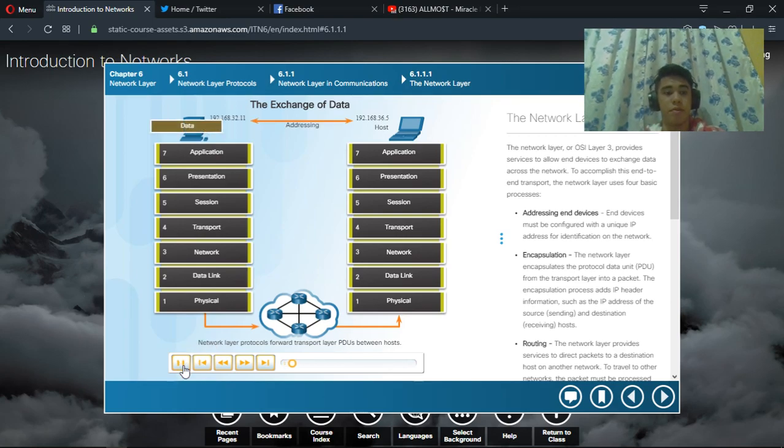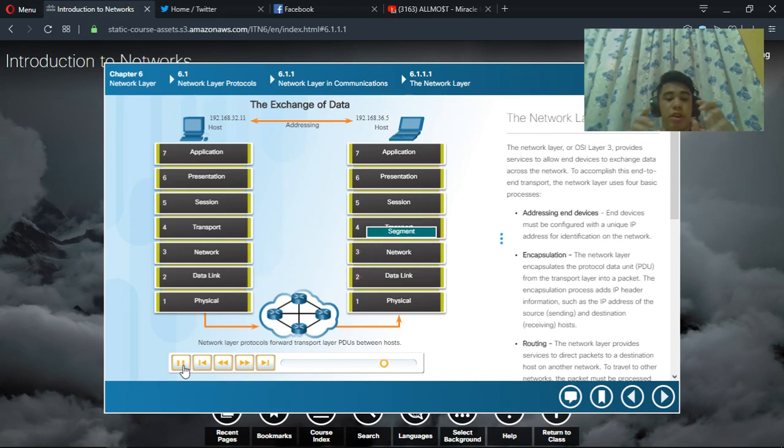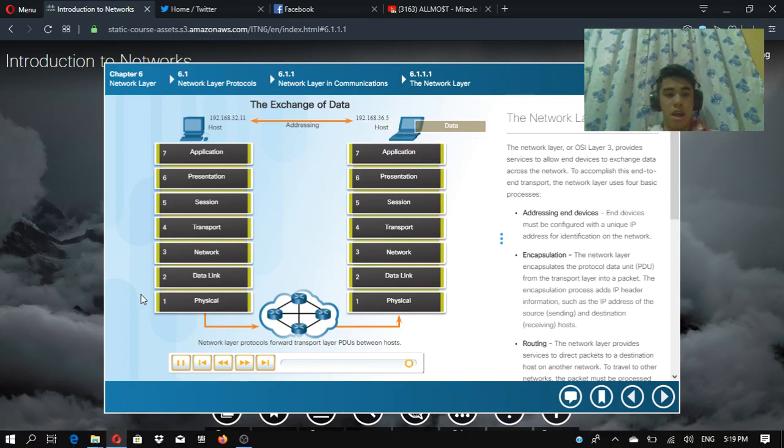The exchange of data. The data will be sent, it will become a segment, it will become a packet, it will become a frame, then it will become a bit, then routing. So on this figure, we can see that the addressing of the end device must be on the routing table, and the encapsulation is